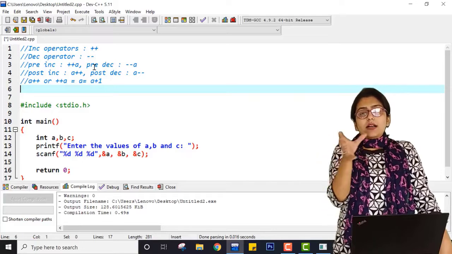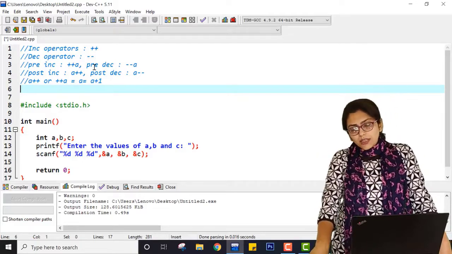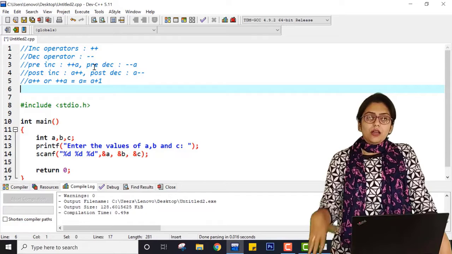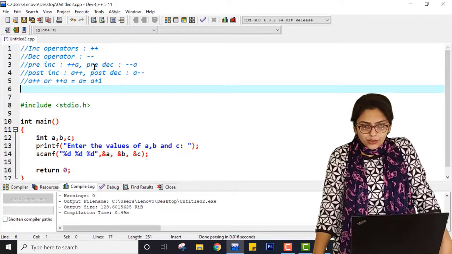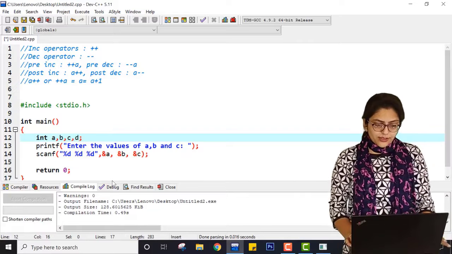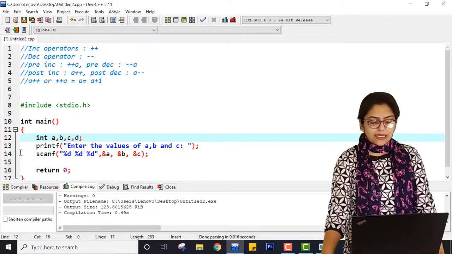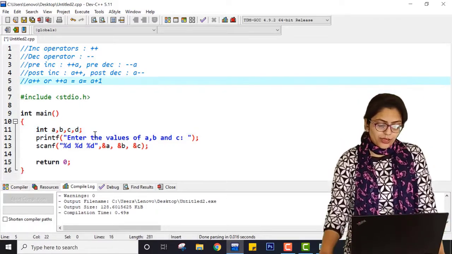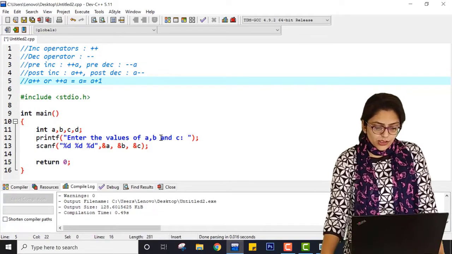When you are assigning this value to some other variable, at that time you can see the difference. So let me show you one program to demonstrate this difference. Right now I am explaining the increment; you can consider decrement as well.